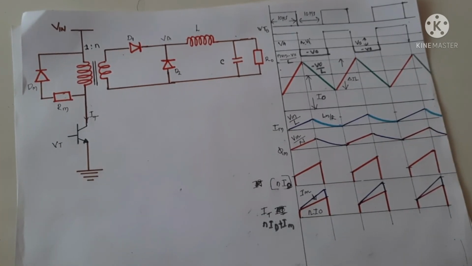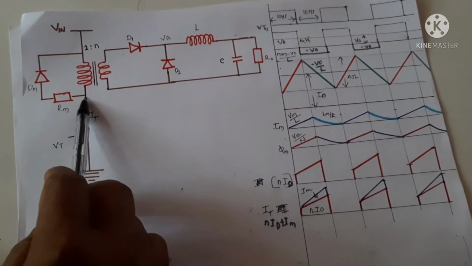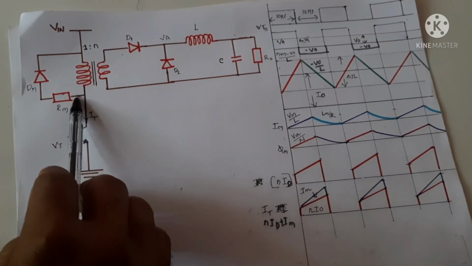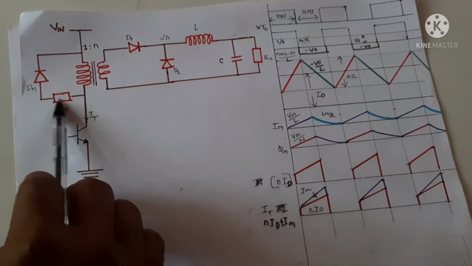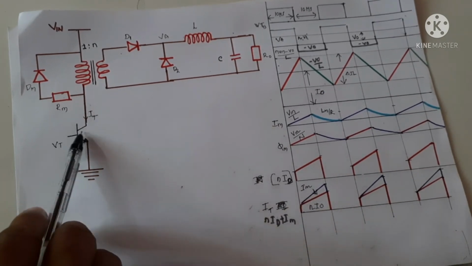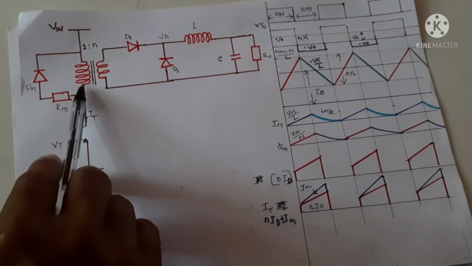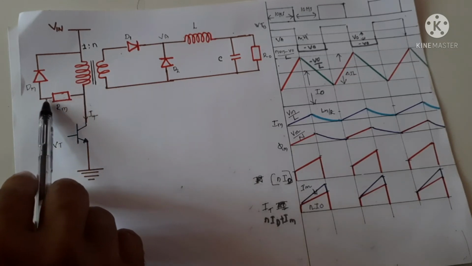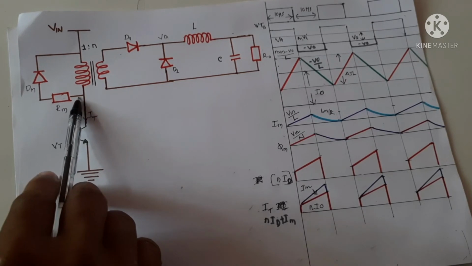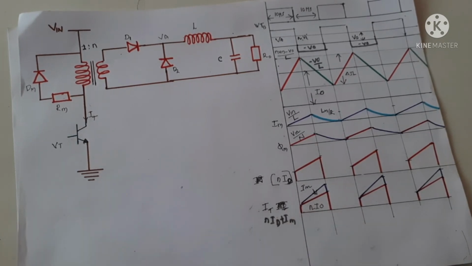So this is how a forward converter works. But here the problem is that this magnetization energy is wasted as heat in the resistor. It is not so efficient. Every time it is switched off, the magnetization energy is dissipated in this resistor, so the efficiency is not good. This is how a forward converter works, and these are the waveforms.